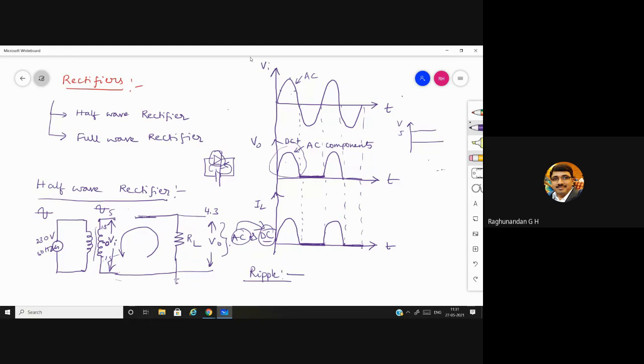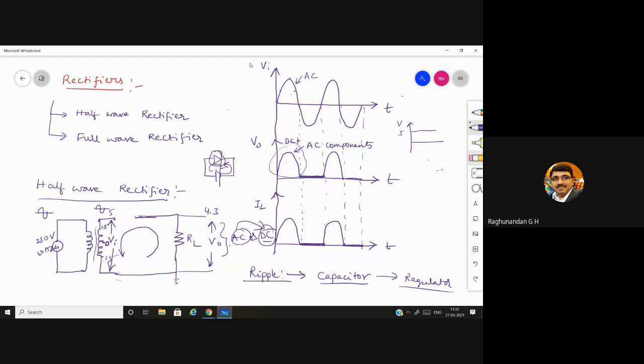Okay, to remove this ripple, in the later part we will be using a capacitor. Even a capacitor is not capable of removing everything. Later on we go for one more application called a regulator. See, in a house, if the tube light is flickering, then we'll say some regulator problem might be there, because the regulator is the one which gives a constant voltage to the device. If the regulator has gone, flickering will occur. Okay, like that. So that we'll discuss later. So this is how it works.